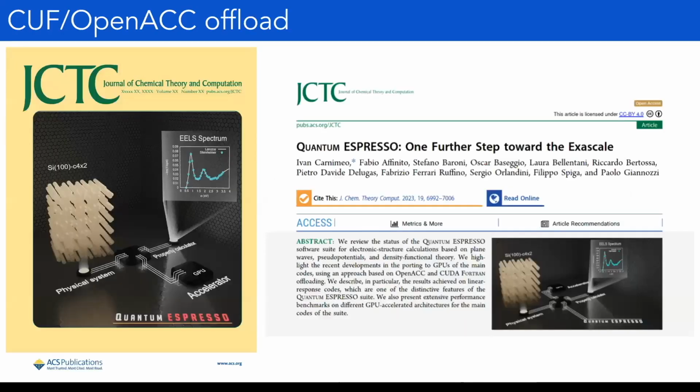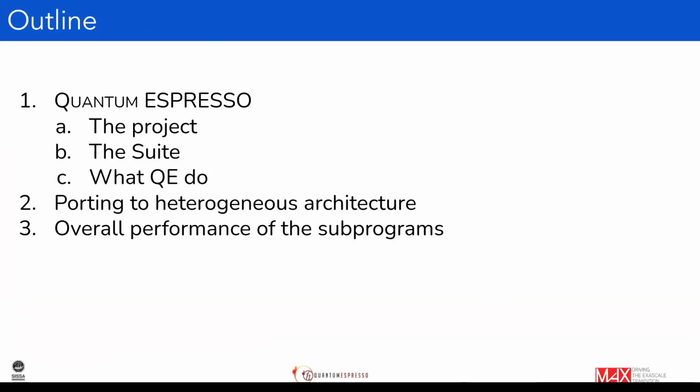Details of the GPU porting of Quantum Espresso were published last year in this article. If you want, you can have a look. We described basically all the people who contributed to the porting in the last years, and we described in quite some detail all the performance and the offload and porting models that we have used to offload the code to GPUs. So let me now finish in these last 5 minutes, I think, that I have,